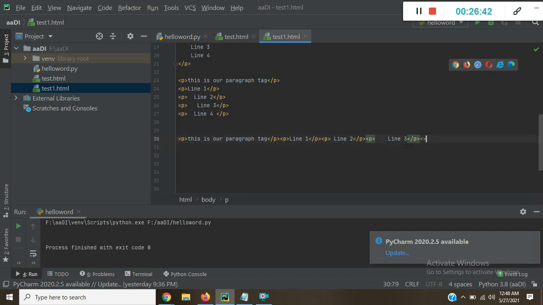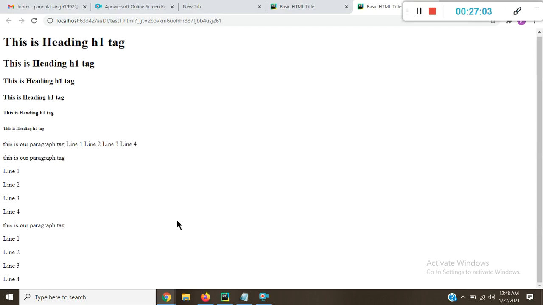Suppose I am putting the whole paragraph as one line, then what will happen? Okay, suppose P this and close the P tag and run this program. You can see here again it comes one by one, because when we give a paragraph tag, it always comes on a new line. So this is case 3.